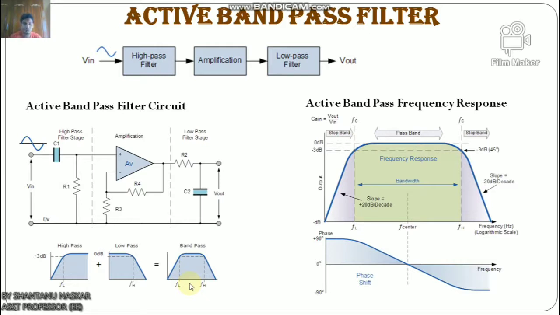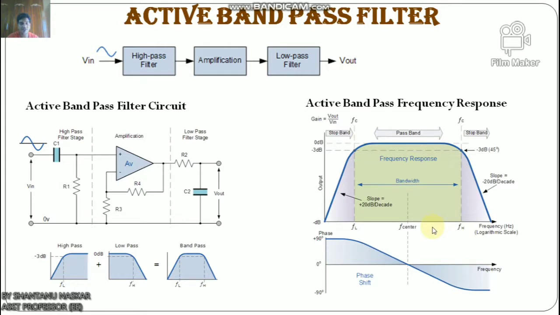Okay. So the normalized frequency response and phase shift of an active band pass filter will be like this. So this is the active band pass filter frequency response. While the above passive tuned filter circuit will work as a band pass filter, the pass band, which is the bandwidth, can be quite wide, and this may be a problem if you want to isolate a small band of frequency. So an active band pass filter can also be made using an inverting operational amplifier.